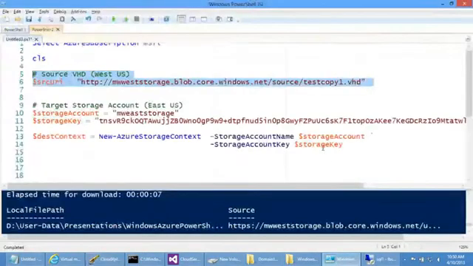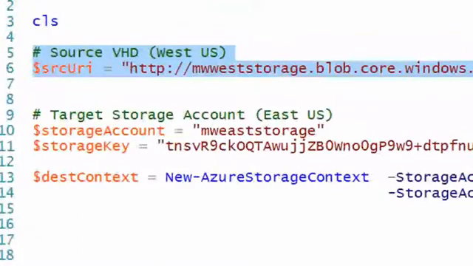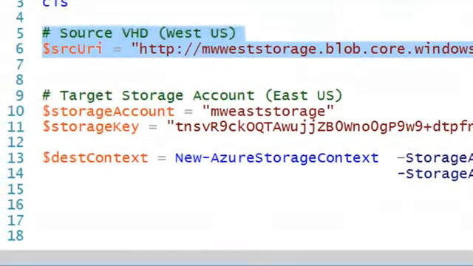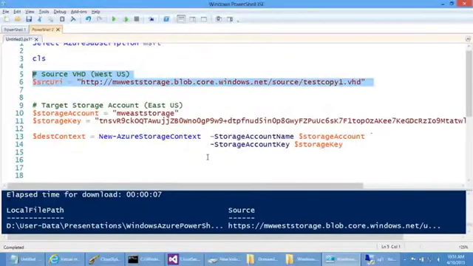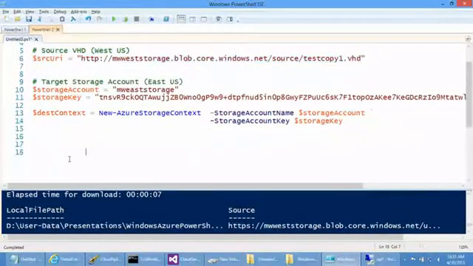That's the source URL, and what I want to do is copy this VHD over to the East Coast. So I have another storage account called MW East Storage that's in the East US data center, and I need to get the storage key. You can retrieve that key by calling the Get Azure Storage Key commandlet and giving the storage account name, and it'll dump out the primary key you can use for authentication. From there, you need to create a storage context. This basically tells the commandlet which storage account to use for the destination copy. Once you have that set up,